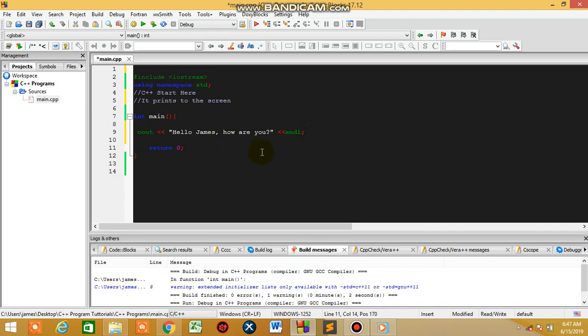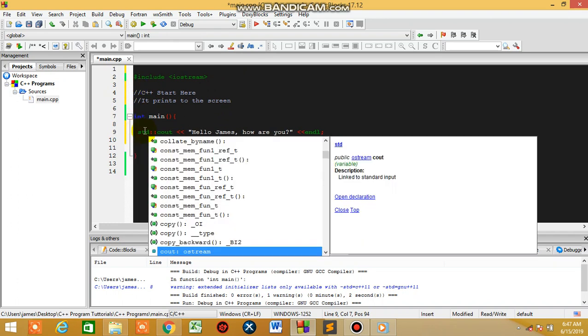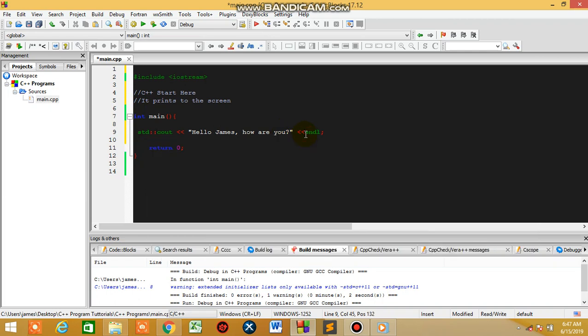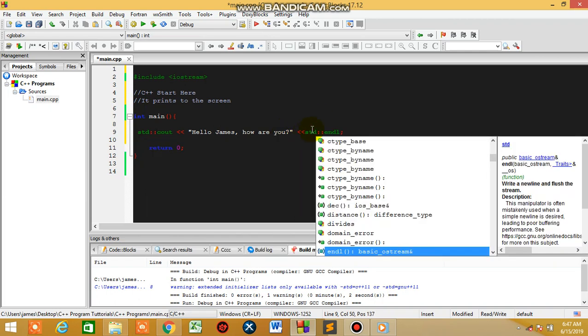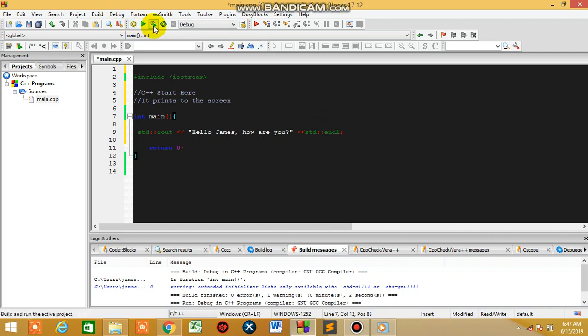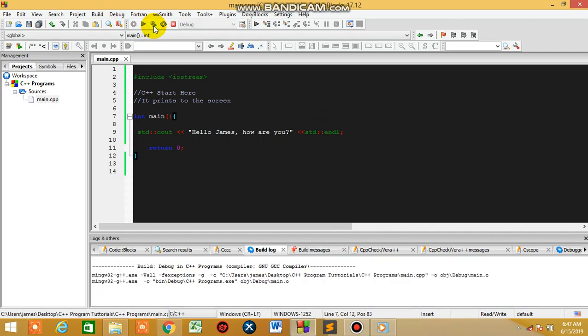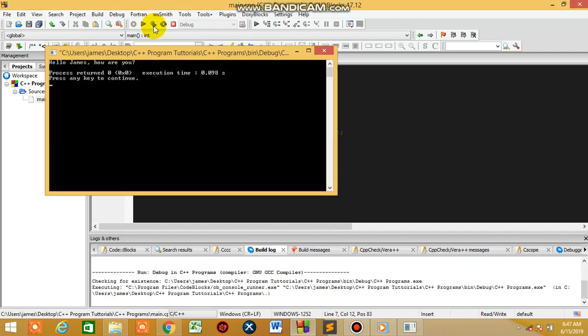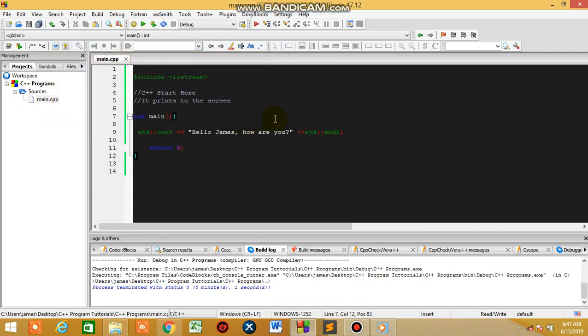The statement has three parts. Let me just remove this so that I can explain better for you. If you run the program, there will be no error here. You see the same output. Now, this statement has three parts. First, std cout here,